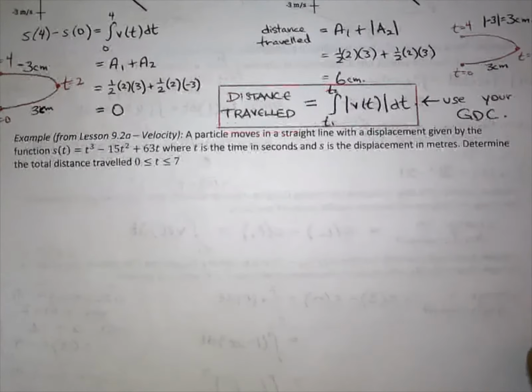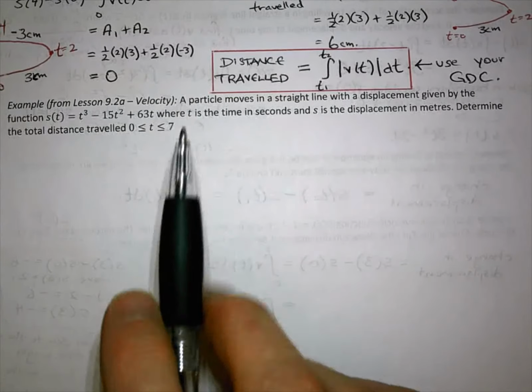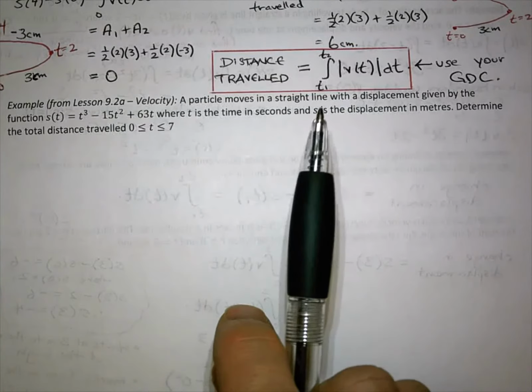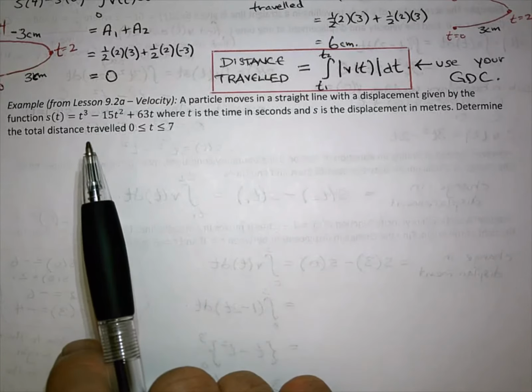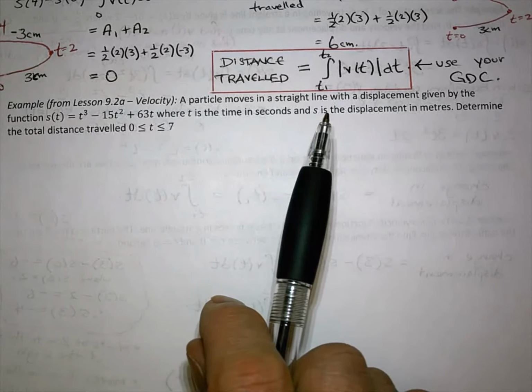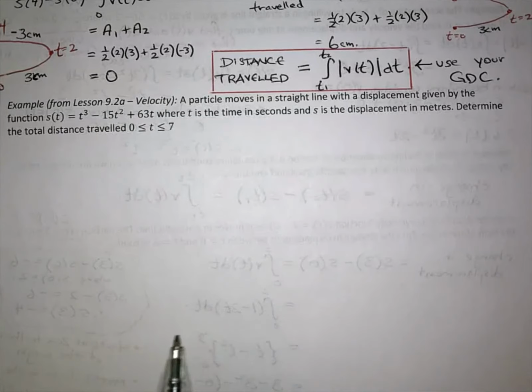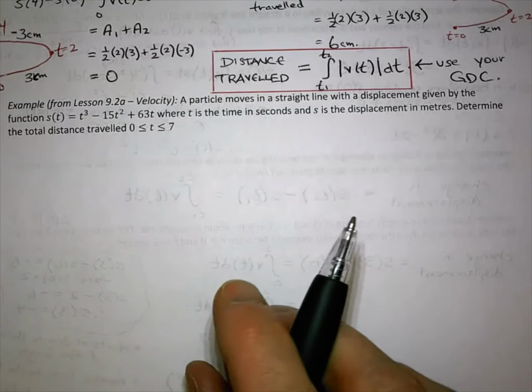Okay, so let's do this last question here. And actually, this is a blast from the past. This is from our first motion lesson on velocity. A particle travels in a straight line with a displacement given by this function, where t is the time and s is the displacement. Determine the total distance traveled. Okay, if you remember how we did this last time,